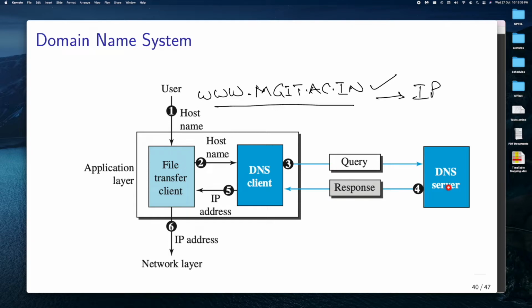So he sends a query, and the server looks up in his cache, or he further contacts his peers, gets the IP address, prepares a response and gives it back to the client. And this is how the DNS client gives it back to the application on our laptop, and the application uses the IP address. This is how the flow will happen.